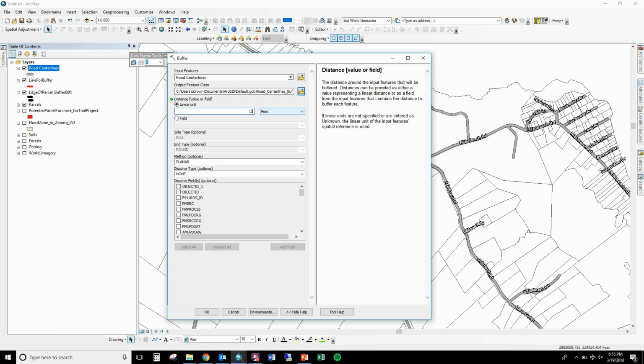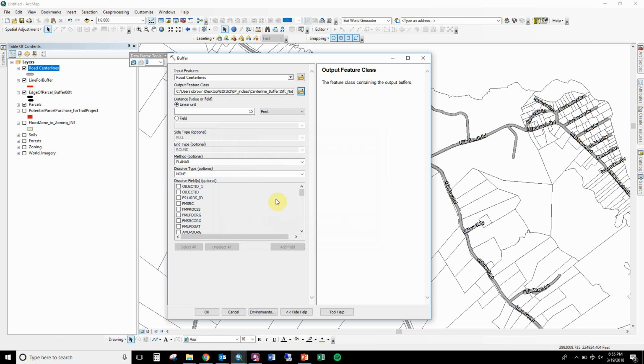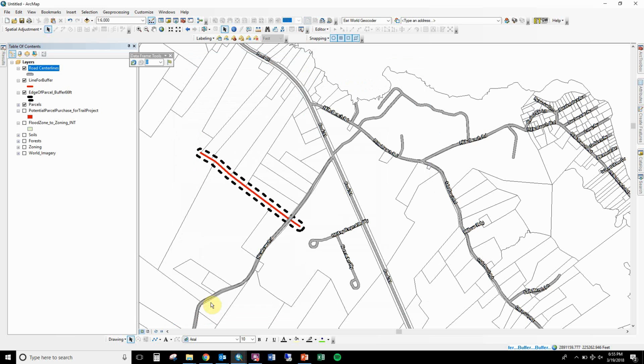And it's going to draw the buffer around the line. So in this case, we're going to keep it as no dissolve and just see what happens. I've got to name it, and then I would put no dissolve. So like, fully write out in the name of that what happened when you ran the tool. Okay, so